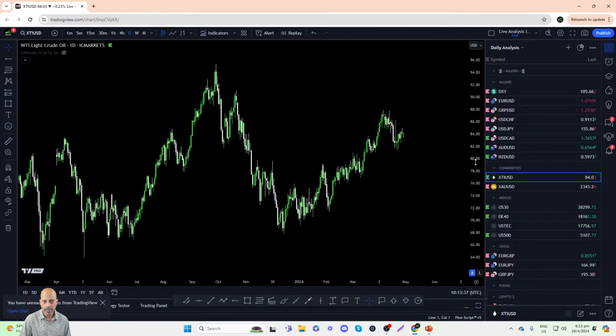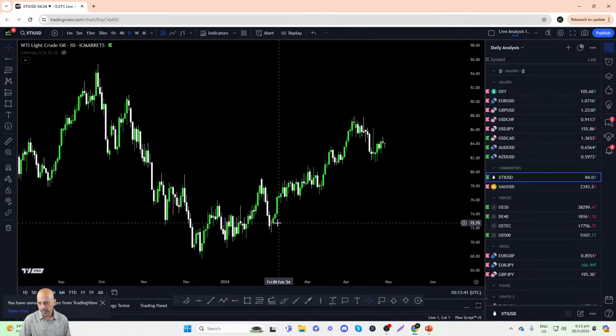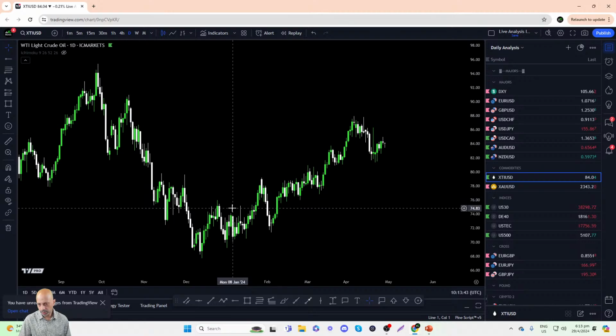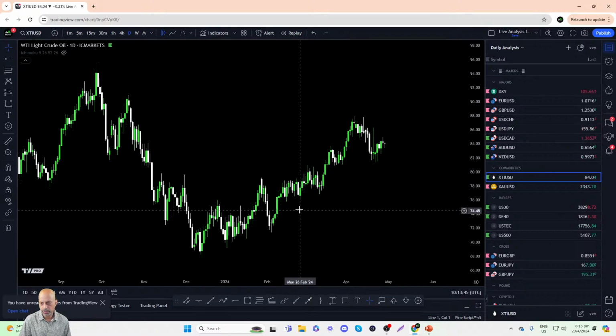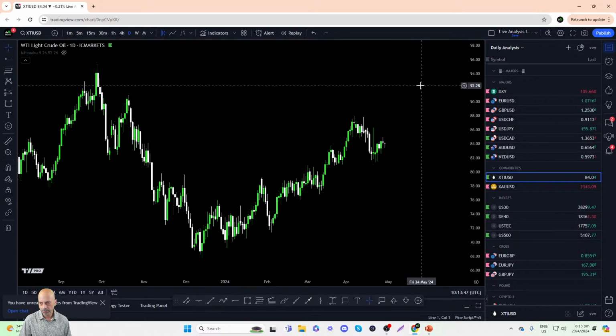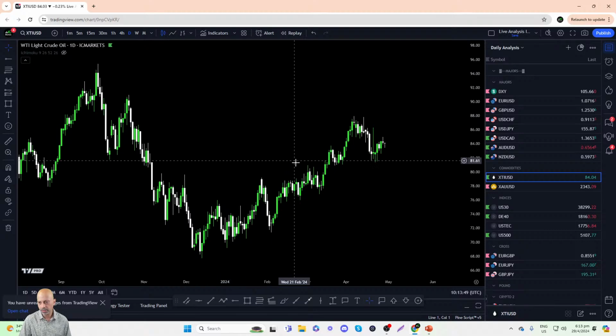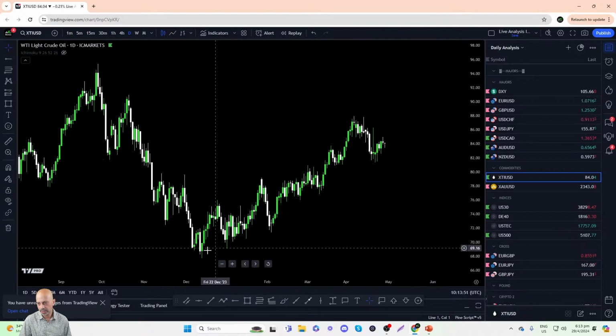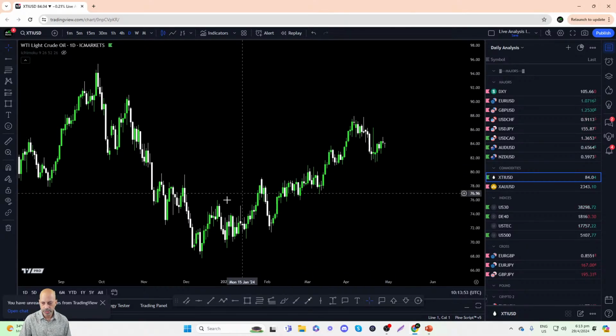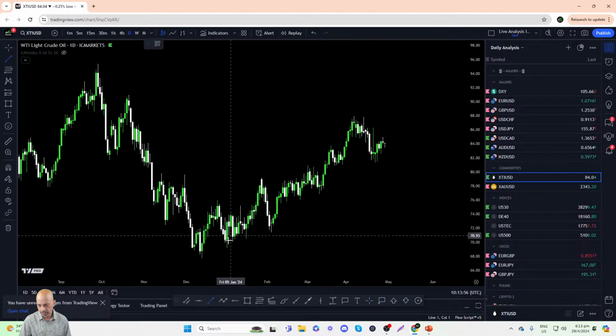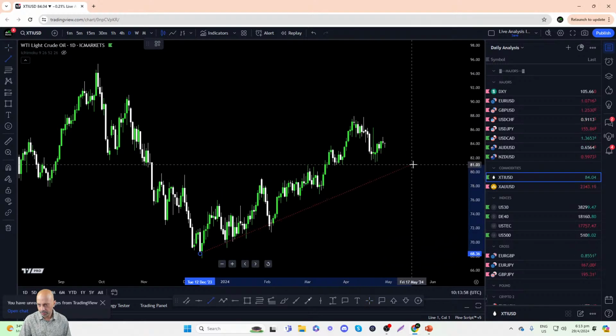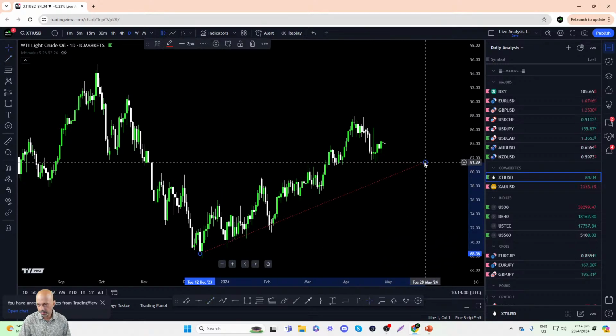This is oil. So XTI USD is the instrument that tracks the WTI crude oil futures. So as you can see, for most parts of 2024 this year, we see oil moving higher. We see a series of higher highs and higher lows, indicating to us a pretty strong bullish uptrend as well. Right, there's even an ascending trend line that we can probably draw. This one here as well. This is a pretty decent ascending trend line here.